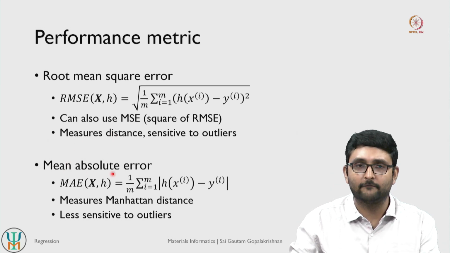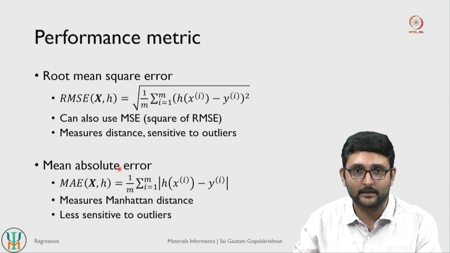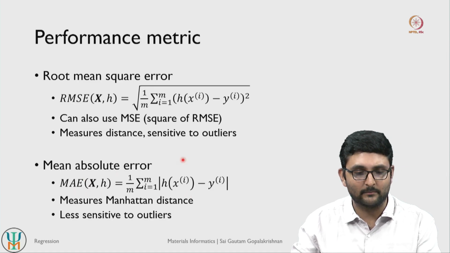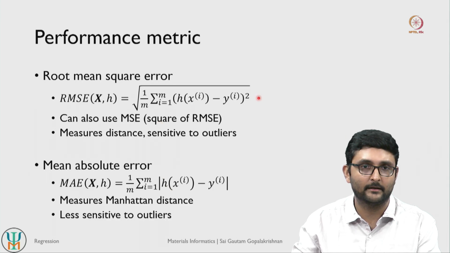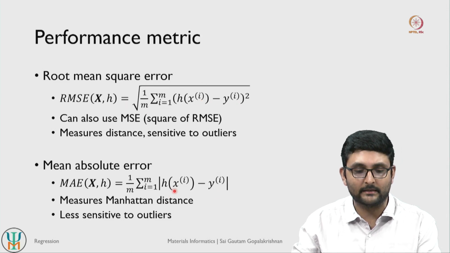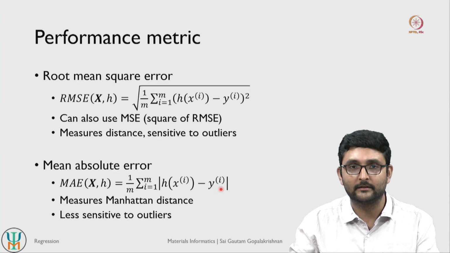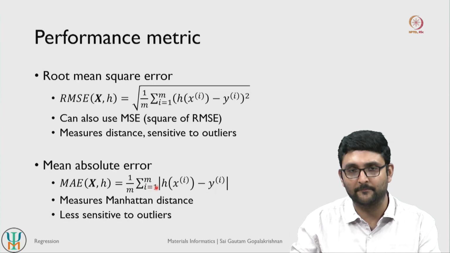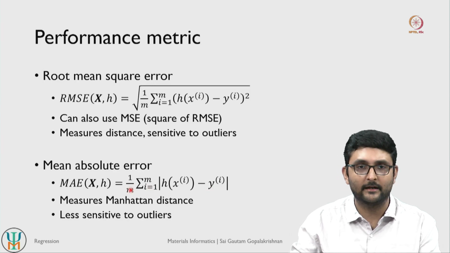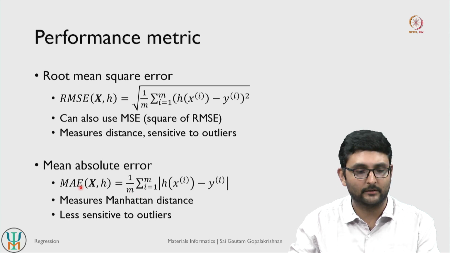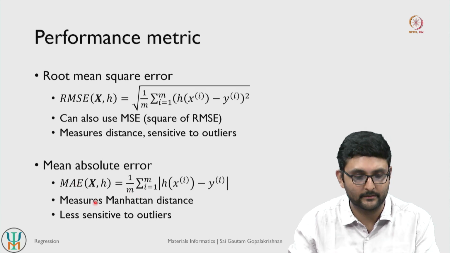The other metric that we often use is what is referred to as mean absolute error, right. So this has a very similar definition to RMSE. The main difference is that instead of taking the square of the difference between individual predictions and the target values and then taking the overall square root, we take the modulus. So basically the absolute difference between your prediction and your target value, right. So we take the absolute errors in our predictions, and then divide by the total number of data points we have. So that is why we get mean absolute error here.